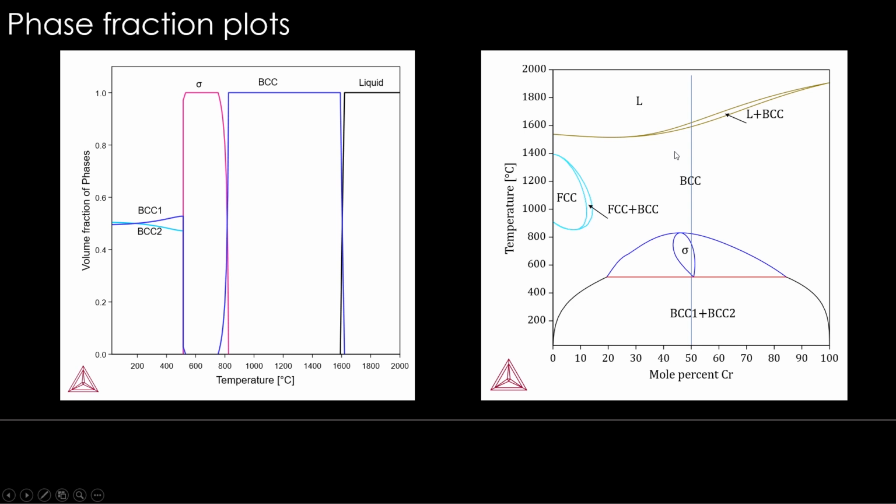But in this, it is straightforward because the binary phase diagram is available. Where these sort of phase fraction plots are really useful is in the multi-component domain, where you can't even visualize a phase diagram. Let's say it is a 13 element phase diagram, something like a nickel based superalloy, even 15, 18 elements. How do you visualize the phase diagram? But if the composition is fixed, you can at least see what phases are stable at what temperature ranges. So that's the kind of use for this phase fraction plot.